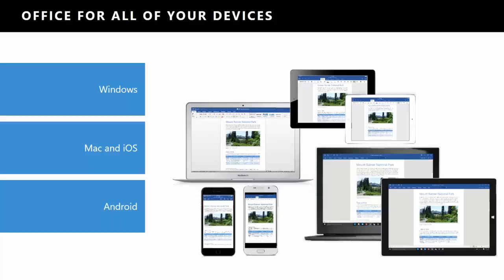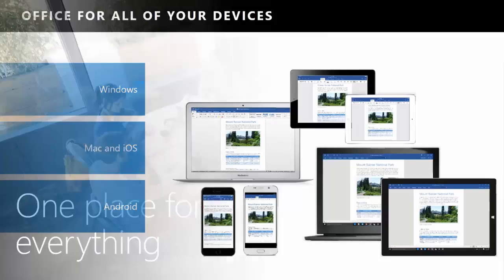By utilizing this strategy, it can consolidate different types of storage mechanisms, so you no longer have to utilize a documents folder on your Mac, a documents folder on your PC, iCloud storage on your iOS devices, or file storage on your Android devices. You literally can have one place for everything, utilizing OneDrive for Business,